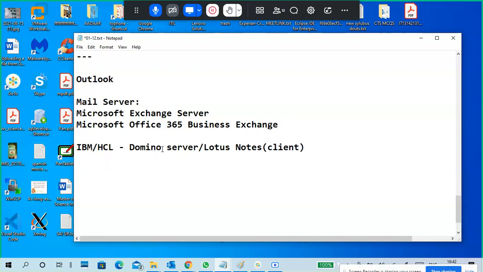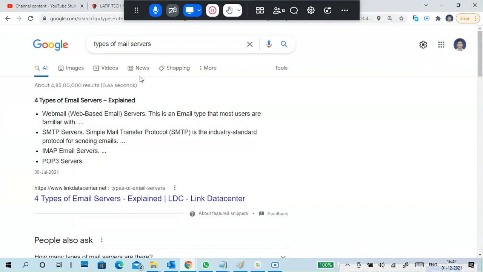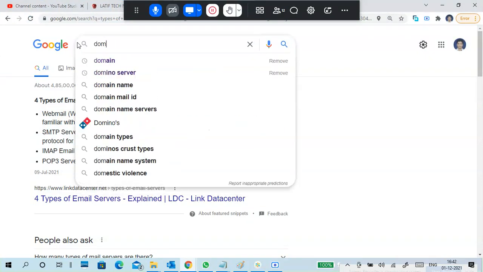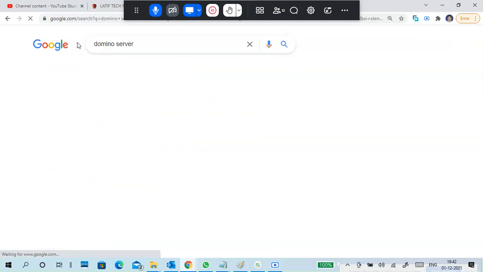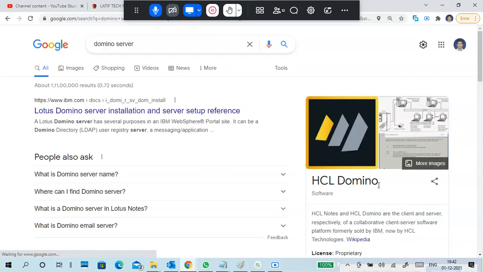Domino is a mail server, and Lotus Notes is a client. Earlier it was IBM, now it is HCL. So same thing, if you put it, it is a Domino server.